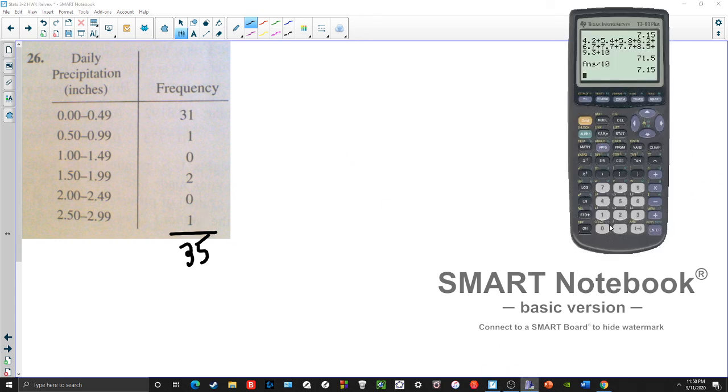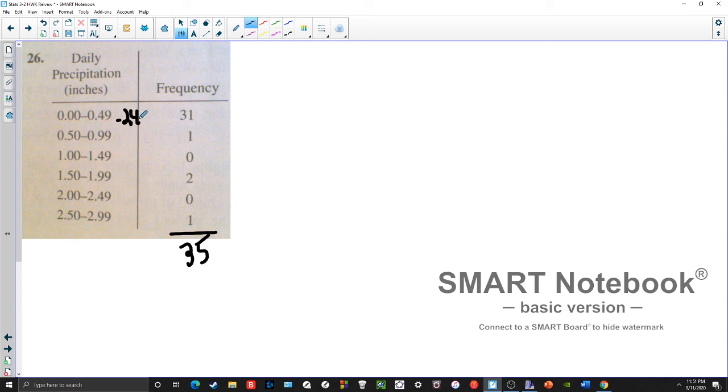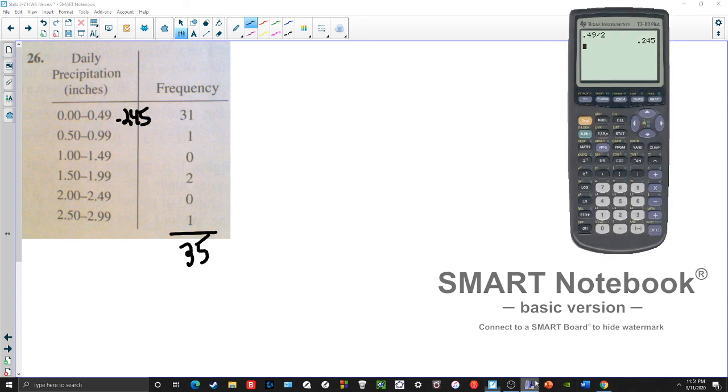Remember, to find the midpoint, it's the high end, so 0.49, plus the low end, which is just 0, divided by 2. That gives 0.245, and then we do the same thing for each one. If you want to skip ahead a little bit to after I'm done with this, you can, but I'm going to have to do these out here. 0.745,